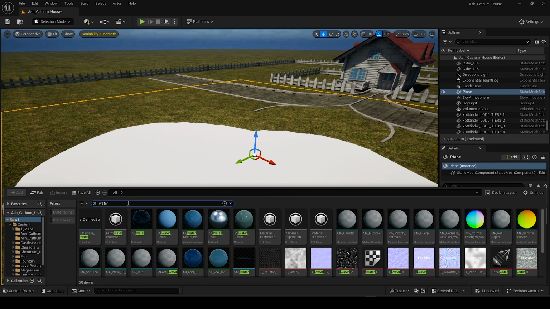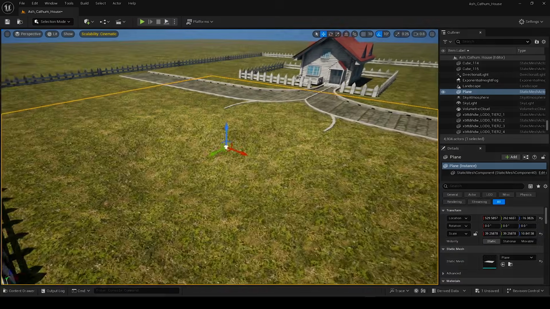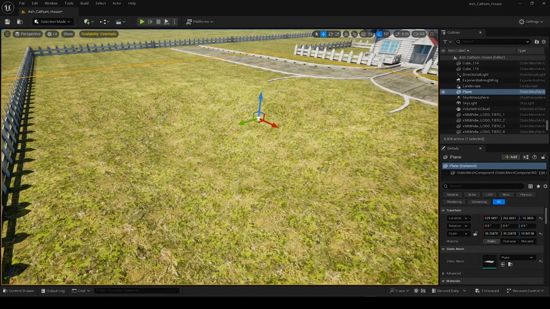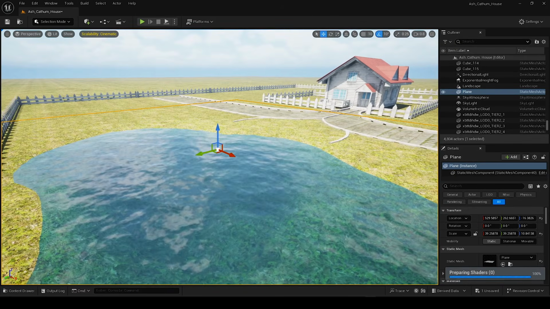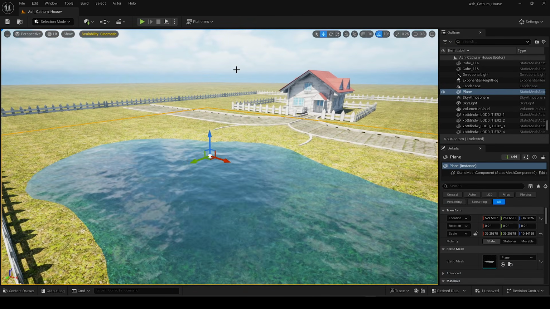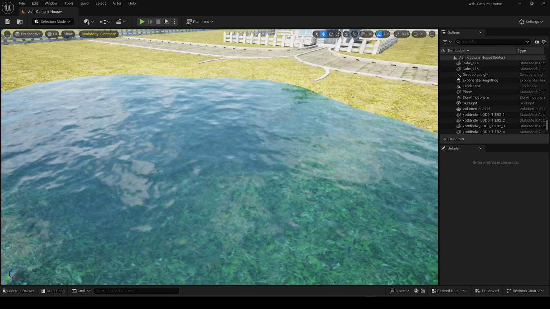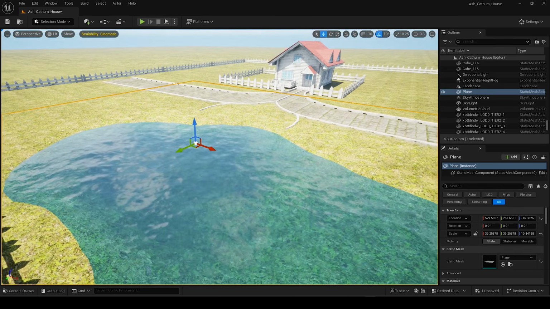Next, go to the Content browser, click on All, and search for water. Here, you'll find a variety of water materials that we can use. Now simply drag the water material onto the plane. It might take a few seconds to compile shaders, and boom! You'll see a nice, realistic water surface appear. You can try out different water materials too if you like, but for this scene, I'll stick with this one